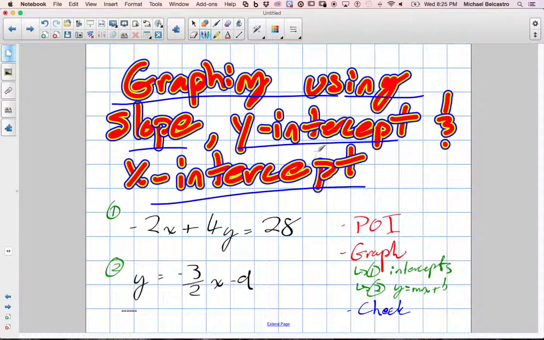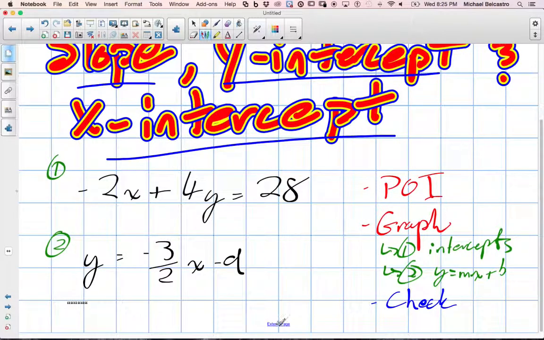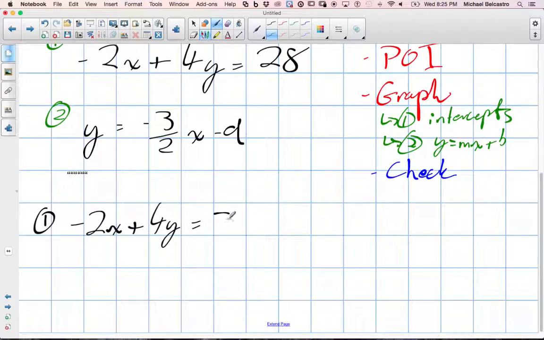In this one, we're going to graph these and see if our graph matches that idea. We're going to use the intercept method for the first one, and I'll rewrite the first formula, -2x plus 4y equals 28. The reason that'll be easiest is because to find the